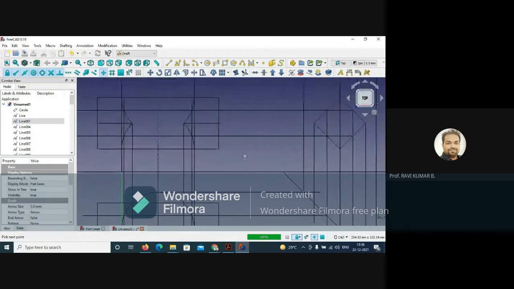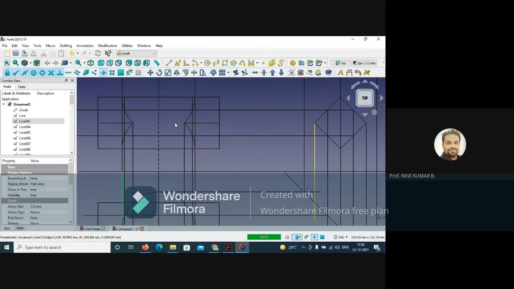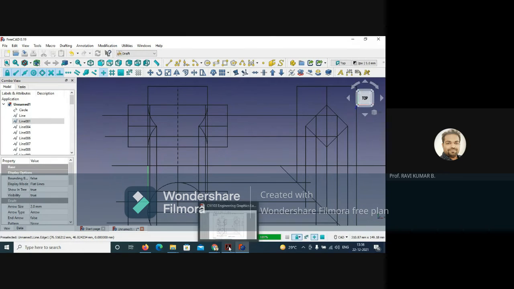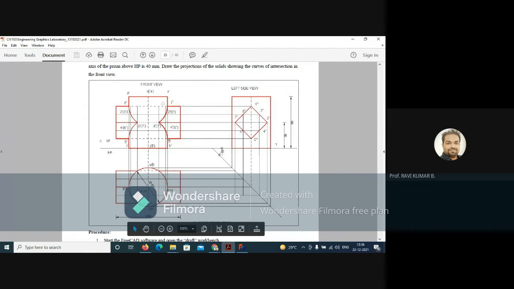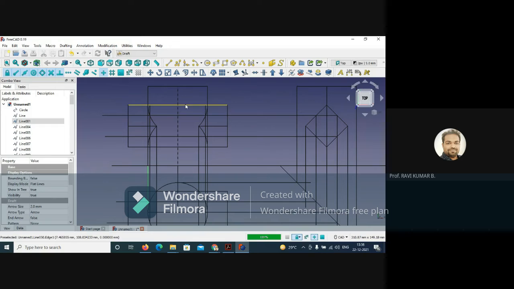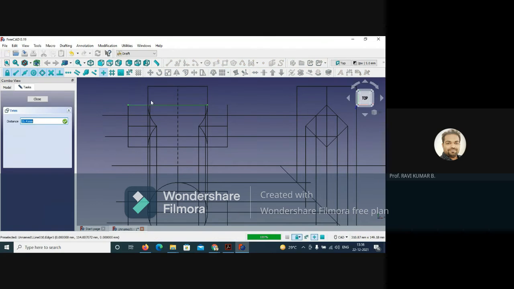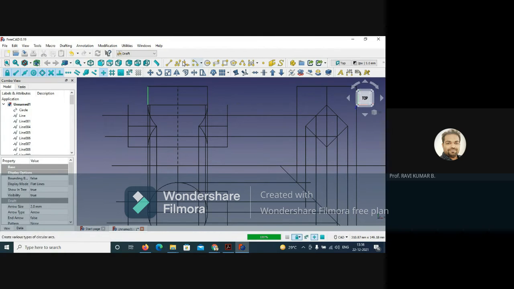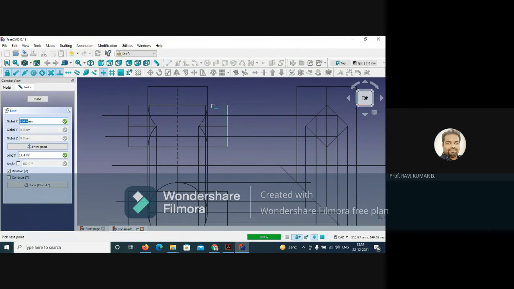So this is over. Now take the projections, right? Because all projections need to be drawn. You see here, all projections need to be drawn. Take the projections and finish it off. This line also needs to be broken. So you select this and extend up to here. Select this again and extend up to this point, and then you connect.